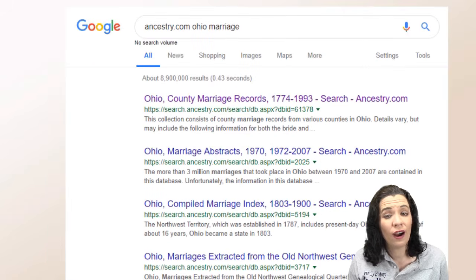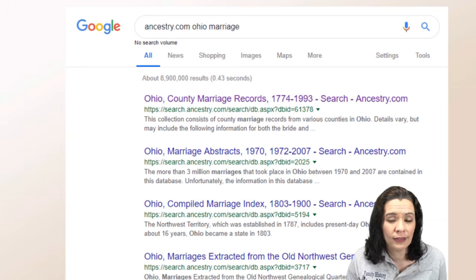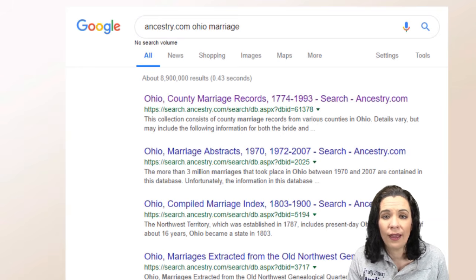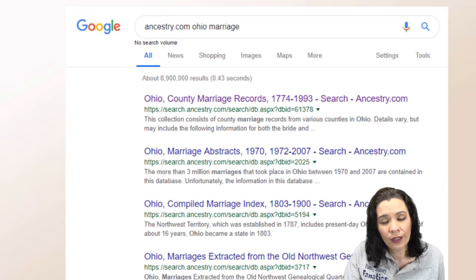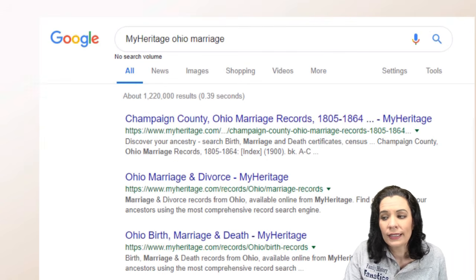You can go over to our friend Google and you can type in the other websites, Ancestry.com, Find My Past, My Heritage are three good ones to start with, and then type in the location you're researching and the type of record you're after. Notice here, I typed in Ancestry and I typed in the record and location I was looking for, and I have some results. The same happens with My Heritage.